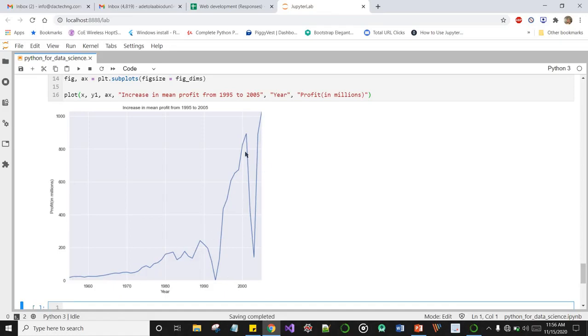Remember, sns.set equals to dark grid. Okay, you can see the grid here is dark. If we didn't set it, our grid would be white, or if you set it to light, this grid will not be dark. Okay, and you can see from this plot that from 1955 till around